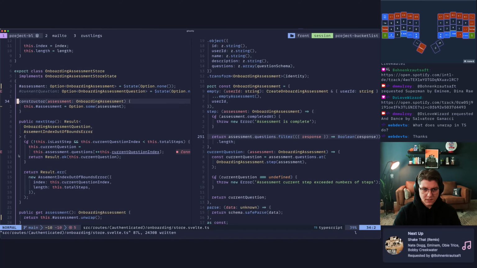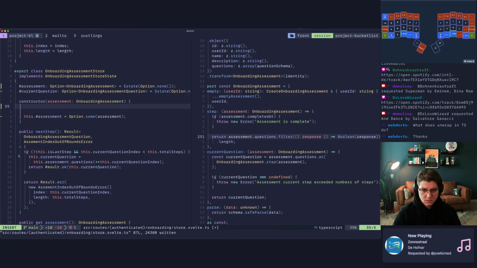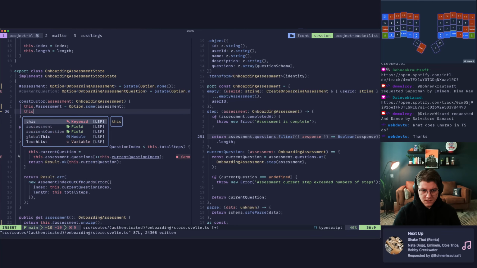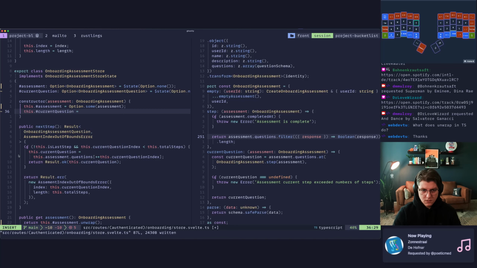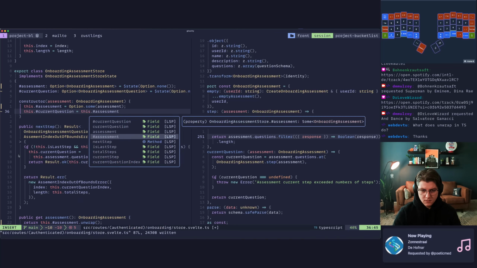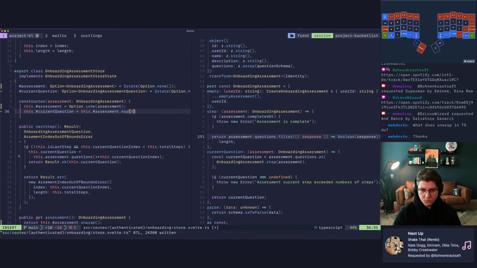And then in here, we need to set that. So we'll say this dot current question is going to equal this dot assessment dot map onboarding assessment.